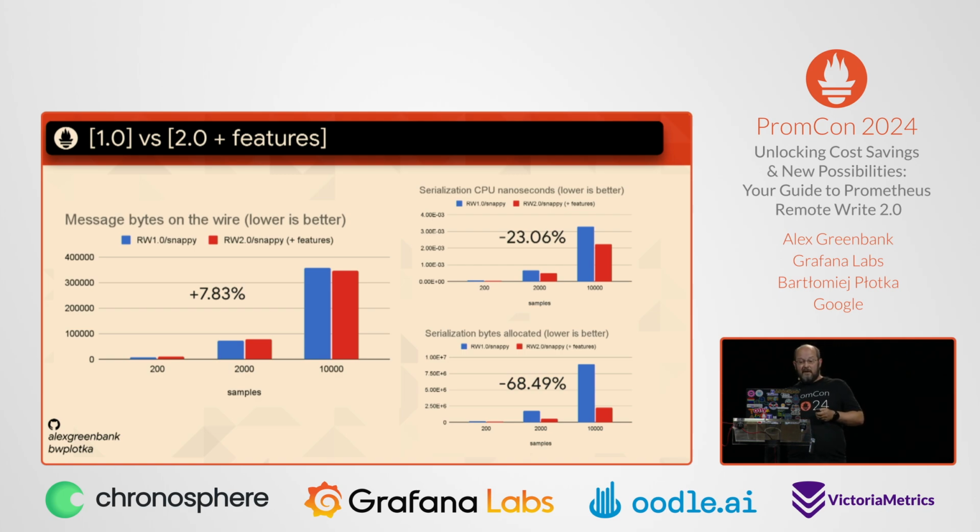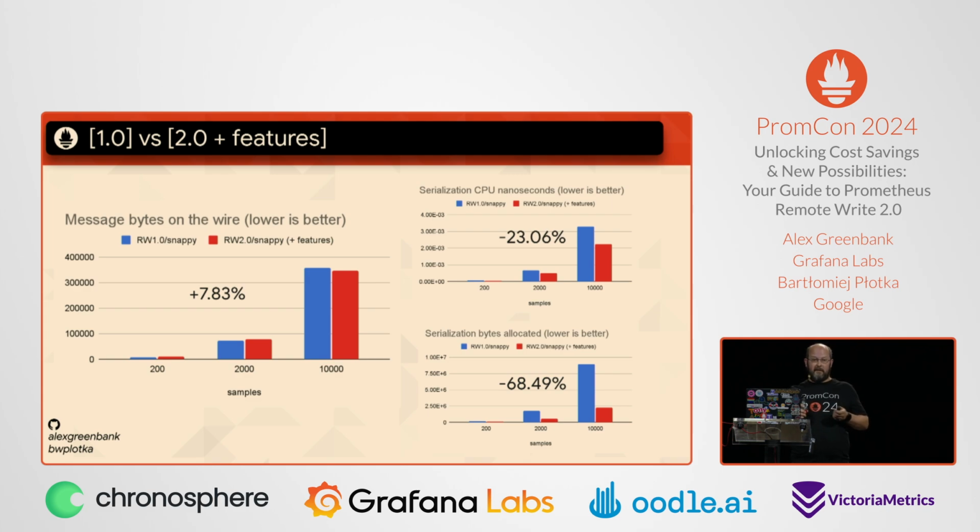We do see a slight increase in payload sizes with the small and default batch size, which is expected as we've got the overhead of the extra metadata that we're sending with every series in Remote Write 2.0. However, with 2.0, we see a healthy decrease in CPU time during the serialization process and a considerable decrease in the allocation of bytes during this process. Looking good so far, but a fairer comparison will be to compare 2.0 to 1.0 with all the features such